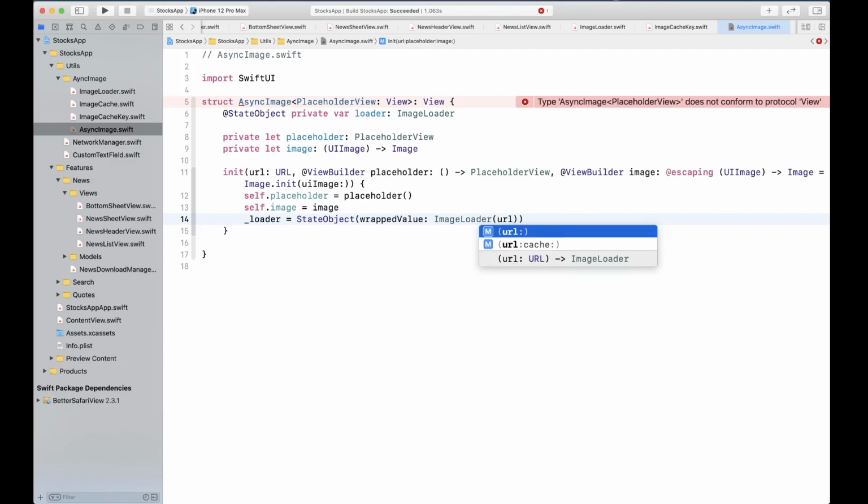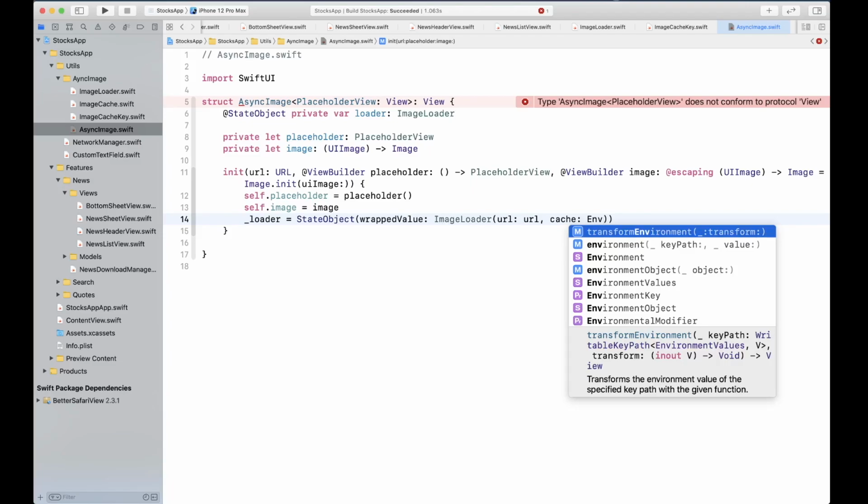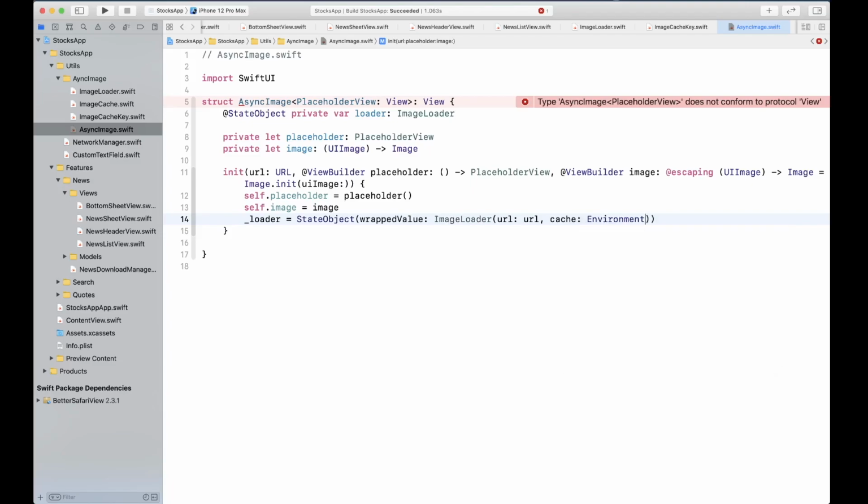URL is going to be the URL, and cache is going to be something that we're going to access from the environment. And since we have created the environment key image cache, we're going to leverage that and get the wrapped value for that. Okay, so this is going to give us the temporary cache in this case.